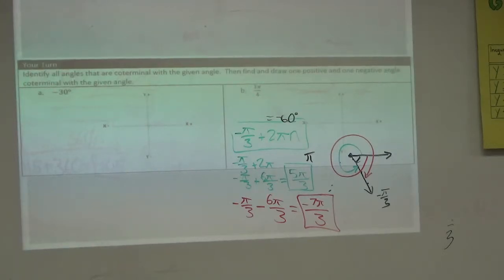90 plus 45, 180. This is 1/4, so 3/4 would be to here. And if you convert this, if you multiply times 180 over pi, you'll get